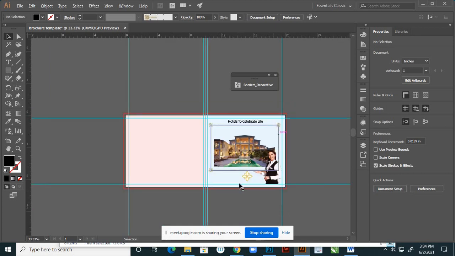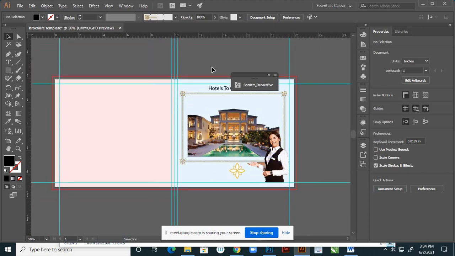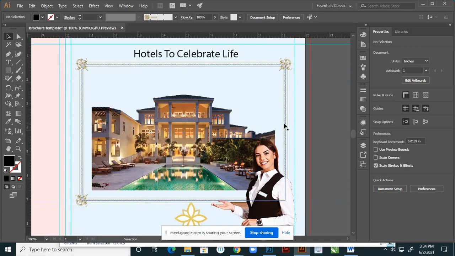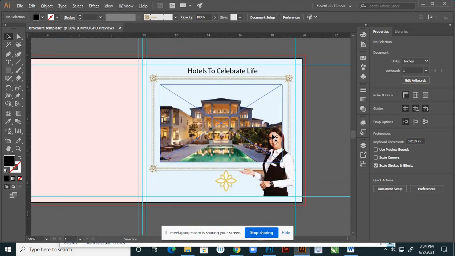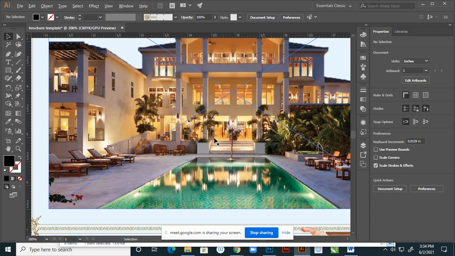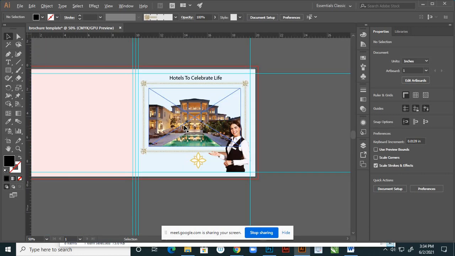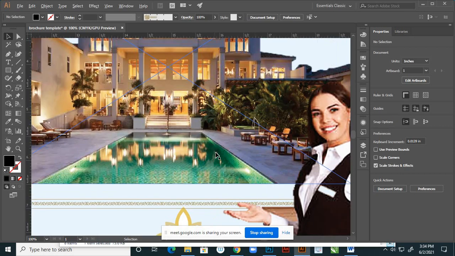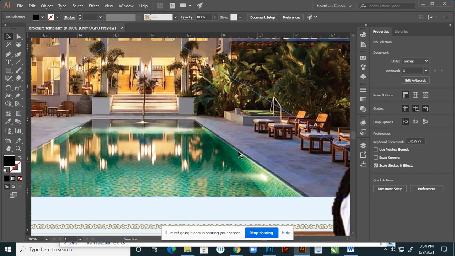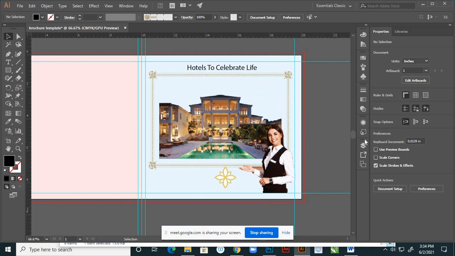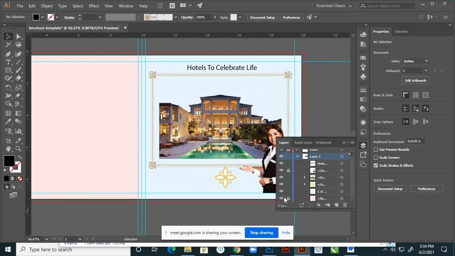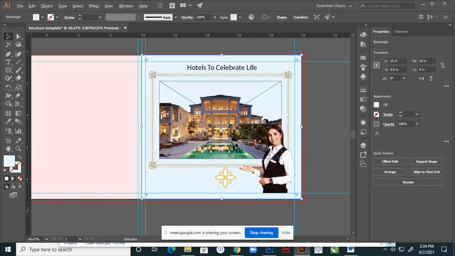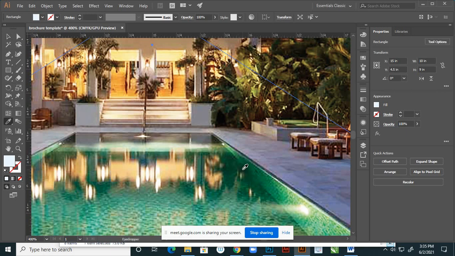Okay, now we have to fill color, right? So here I want to fill. I'm taking color from the photograph, right? It should be a dark color. I'll check with this, the dark green. I'm taking this color with the eyedropper tool, right? So select that one. Yeah, this is, select that one, and with the eyedropper tool take this color, right?